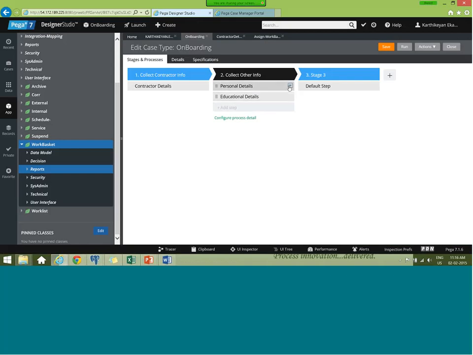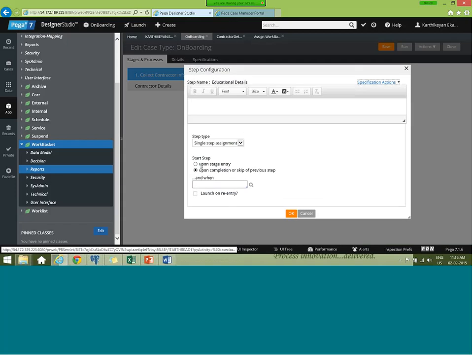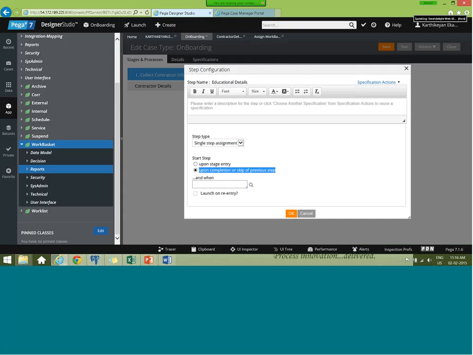By default it shows upon stage entry. If you see my second step, you see here, upon stage entry or upon completion or skip of the previous step. So until my first step completes or is skipped, this will not run. That is what the second option means. Until all my previous steps complete or are skipped, depending upon the condition, then only it will run.